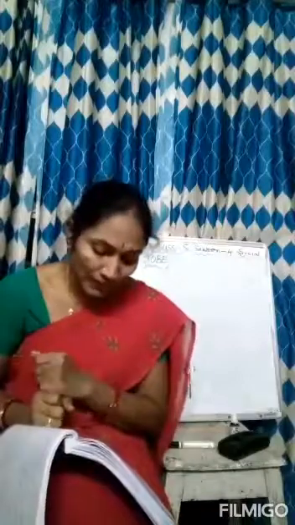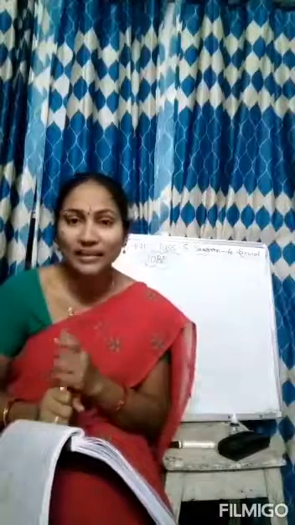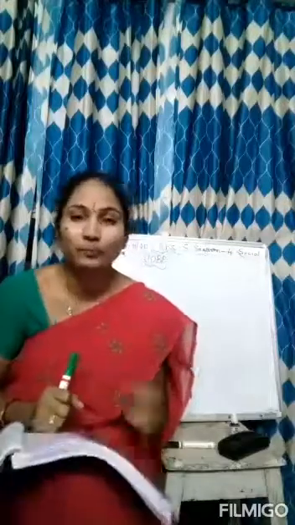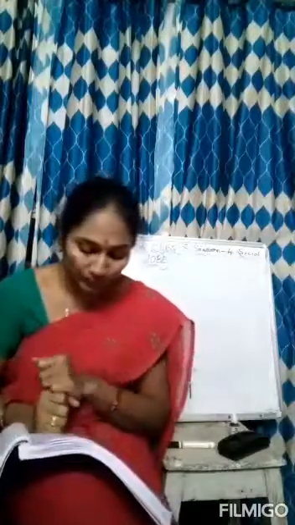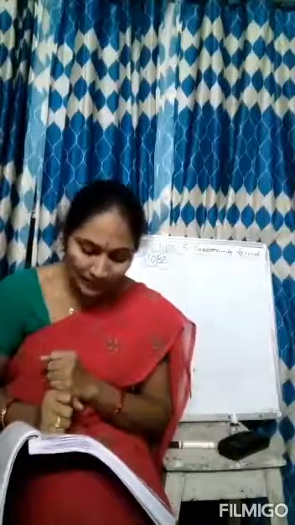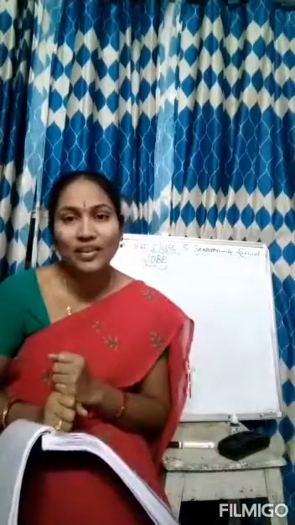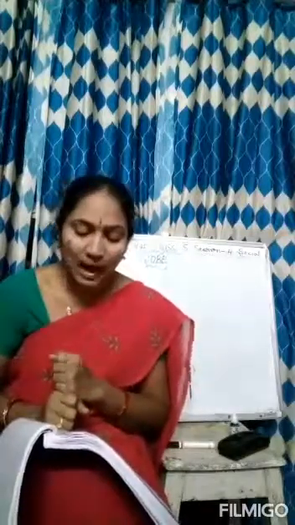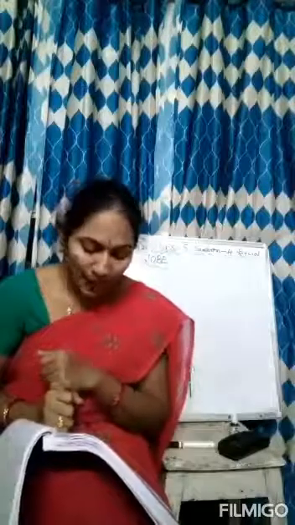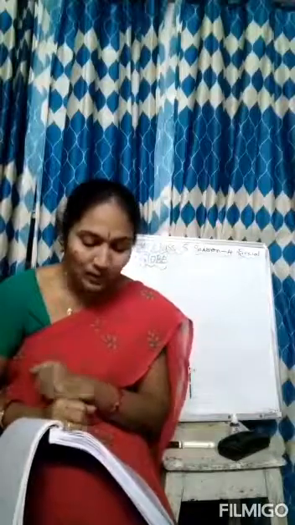Now fourth one. Dash is the model of the earth. Everyone knows, and I think everyone is giving the answers. Globe. Globe is a model of the earth. Now fifth one. The parallels and meridians intersect each other and form a network called the dash. Just now we have discussed grid, G-R-I-D, grid. The parallels and meridians intersect each other and form a network called the grid.